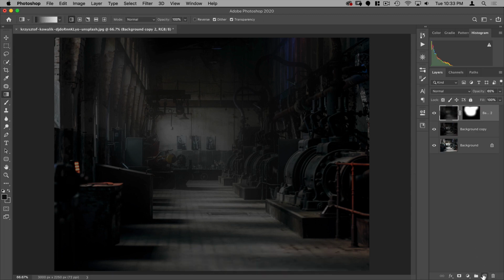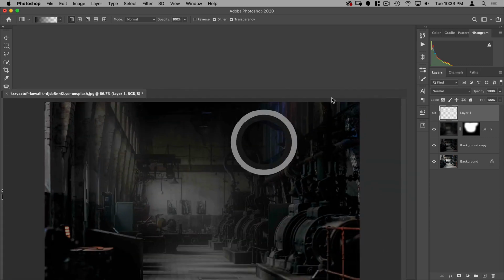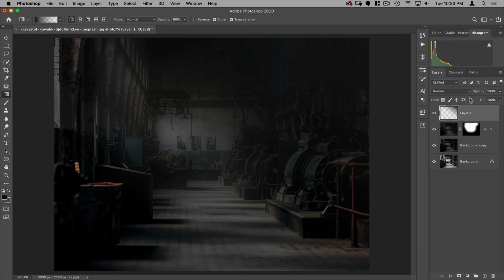All right, next, let's add another layer. What I want to do is add a gradient to the top here and just make this whole top area even a little more dark. So to do that, I'm going to hold down Option, select this kind of dark color back here as my foreground color. And then just from this top corner here, kind of make a gradient going like this. And then take the opacity down on that to about 80.